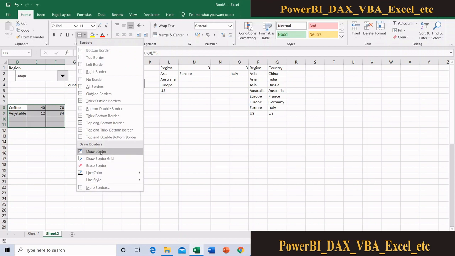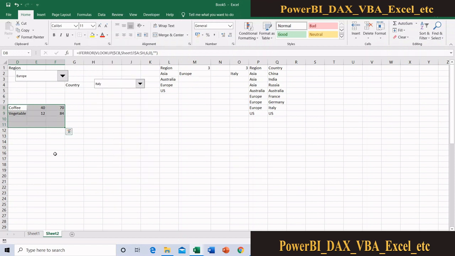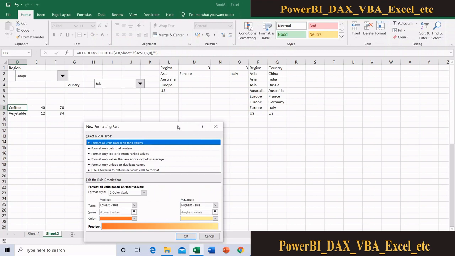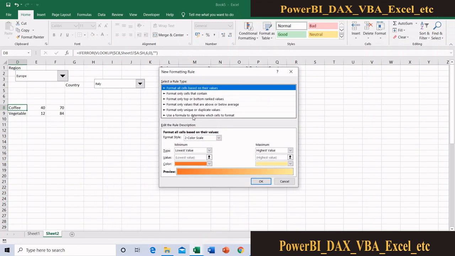So next we are going to give conditional formatting. For that, we need to select this, go to the Home tab, then Conditional Formatting, then either New Rule or Manage Rules, both are the same with a little difference. Select New Rule, then Use a formula to determine which cells to format.